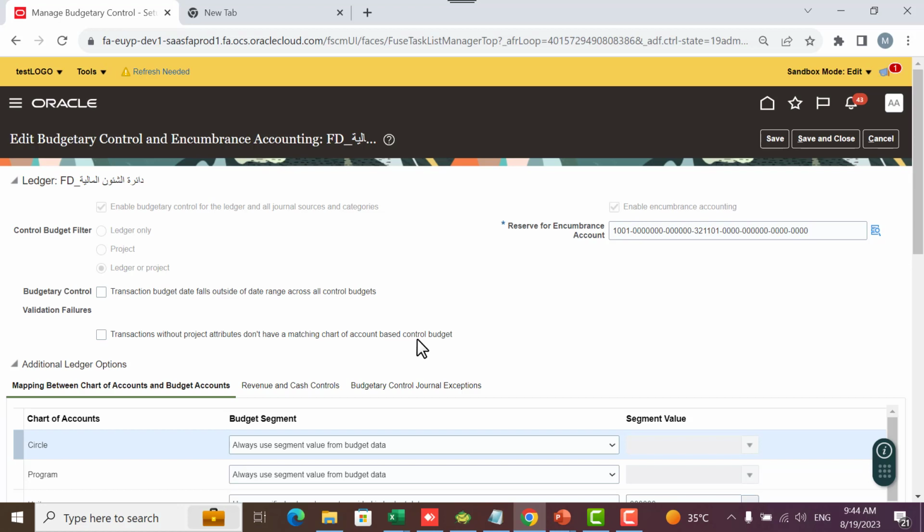Budget dates can either pass or fail budgetary control validation, and these validations are based on whether they are within the period range of control budgets that are past the defining stage but aren't permanently closed. By default, budgetary control allows transactions with budget dates outside of control budget periods to pass validation. So to fail these transactions during budgetary control validation, you set this option, transaction budget date falls outside of date range across all budgets. So you can set that option, but then there is more to it than that, because we